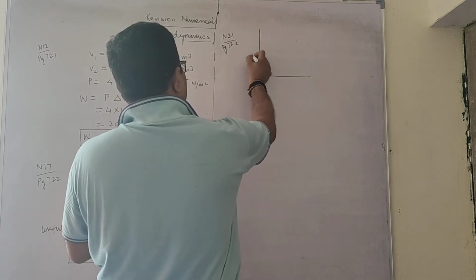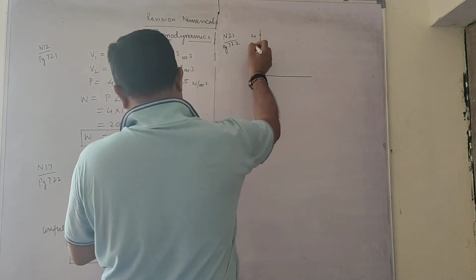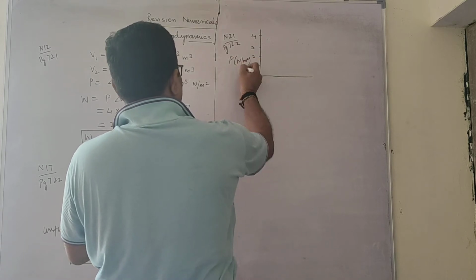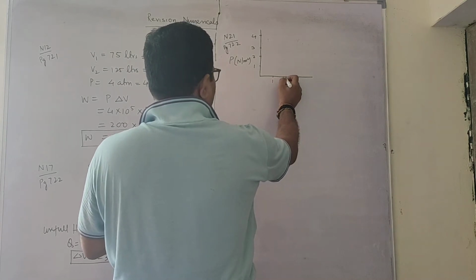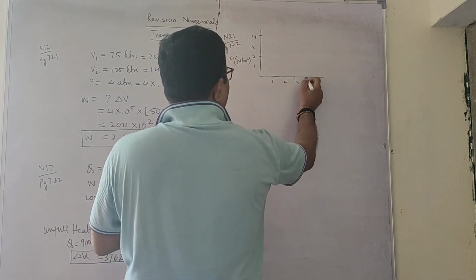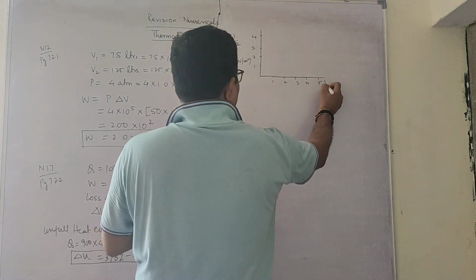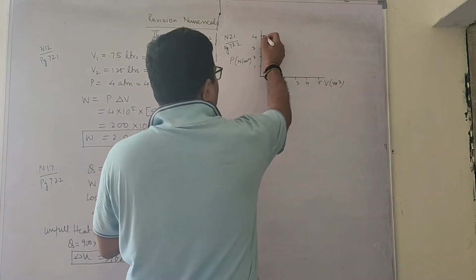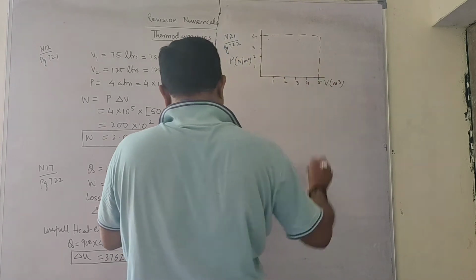One, two, three, and this is 4. This is pressure in Newton per meter square. Now here you are having 1, 2, 3, 4, and this is 5. This is volume in meter cube. Now you can see through the diagram